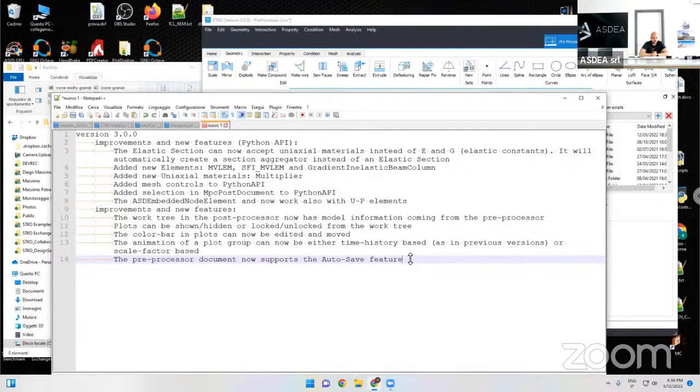Basically, what we will do in the next version or in another one, we will present in a webinar how to create a simple TCL importer for a few finite elements in OpenSees, like a couple of material models and a couple of beam elements that you can use as a base to create your own TCL importer, okay? Otherwise, the problem is that if you wait for us to create a generic TCL importer,